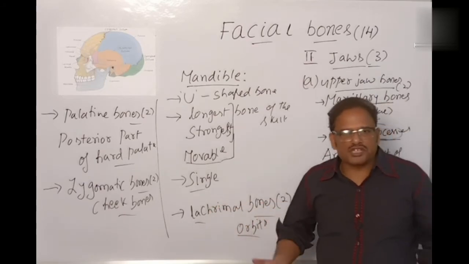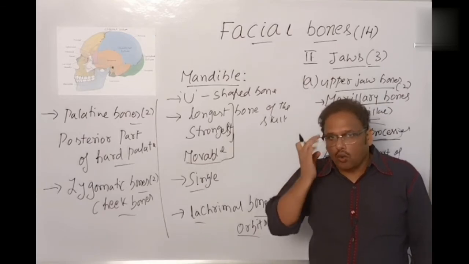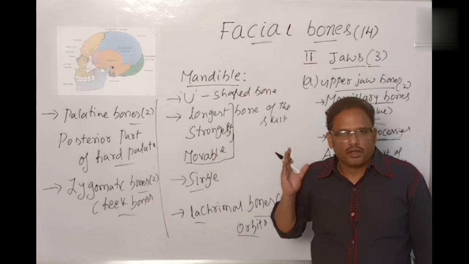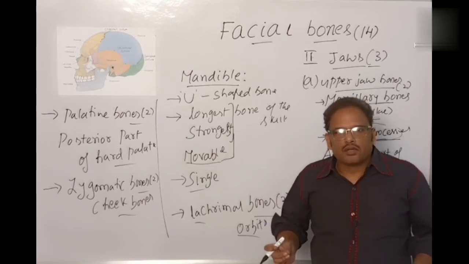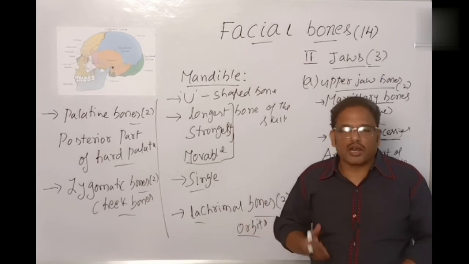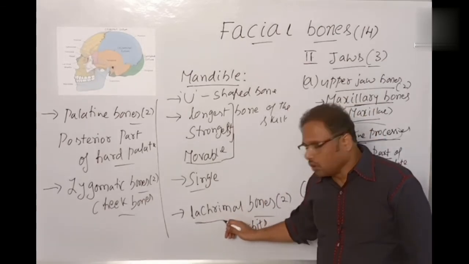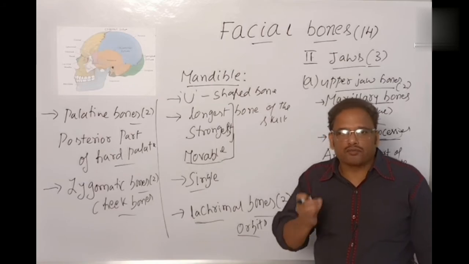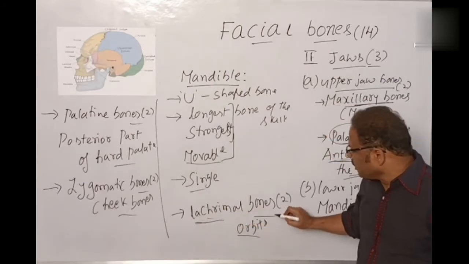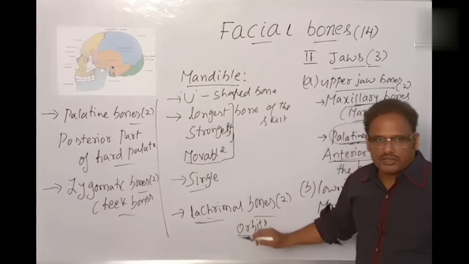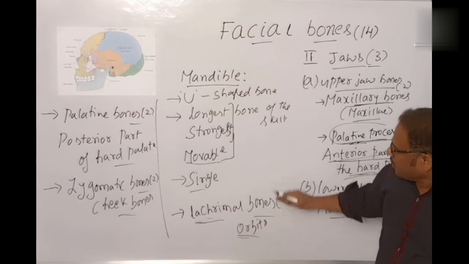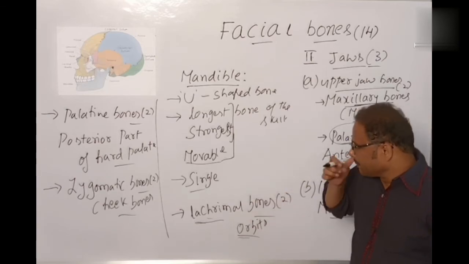In the previous session, I told you that orbits means the rounded bony depressions of the skull where the eyes are located. So orbits are formed not of a single bone, but a combination of many bones. One of the bones is called the lacrimal bone, which also forms a part of the orbit here. Okay, students. So lacrimal bones, 2 in number, are present in the orbits. So we got how many now? Totally is finished, isn't it?